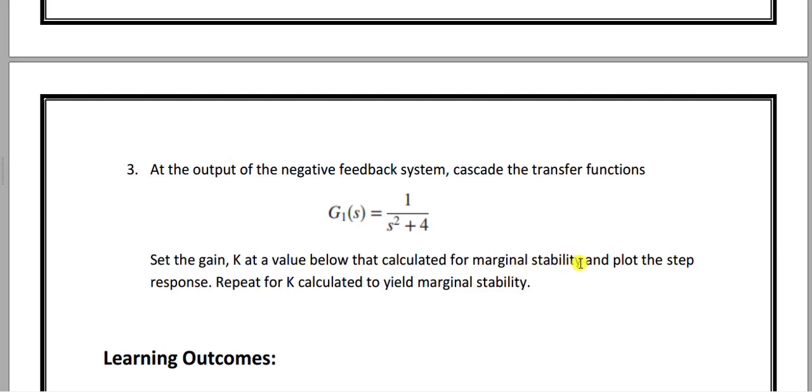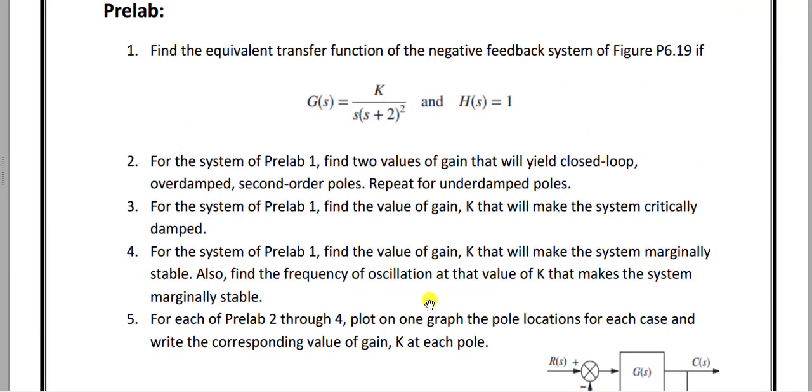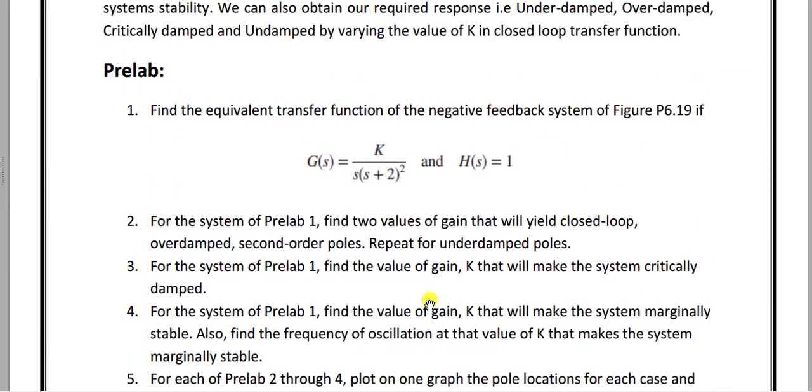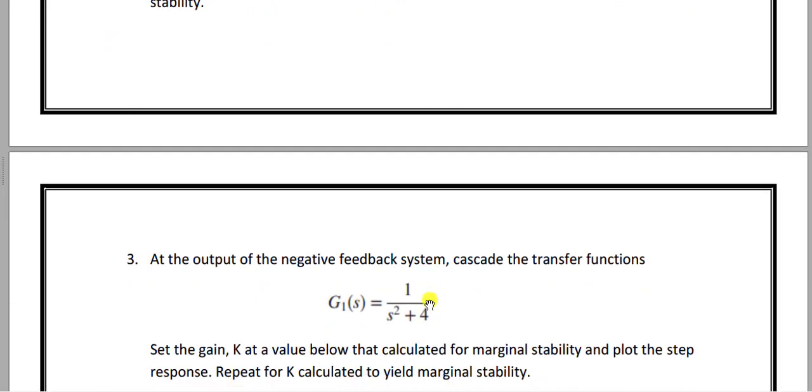So you had a value of K for marginal stability of the system, and now you have to set the gain K at a value below the value that you had calculated for marginal stability, and then plot the step response. Then you need to repeat the process for the values of K that were calculated to yield marginal stability. All this will happen with the use of the Routh-Hurwitz criteria that I've already taught you in the lectures I've mentioned below in the links, and I guess that would be pretty much clear to you.